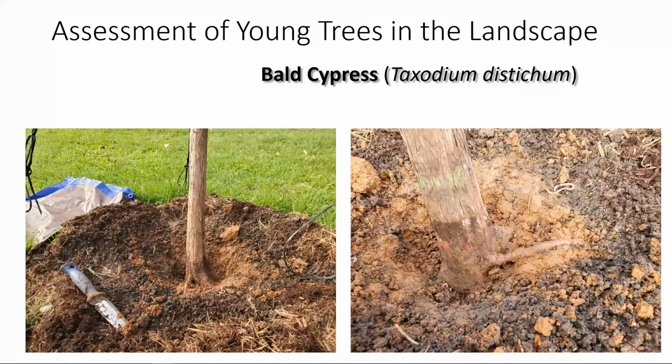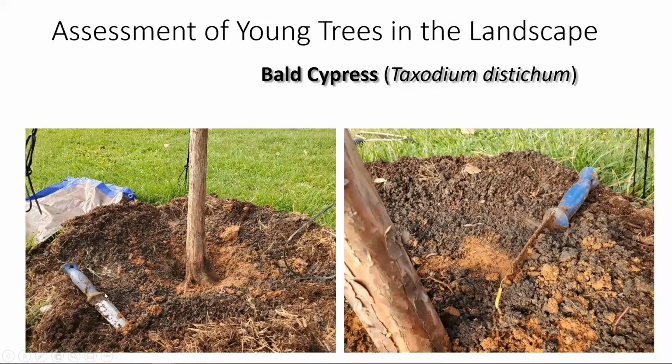So what we're stuck with in this situation is this really deep hole right here where stuff's going to fall in. My recommendation to fix this for the long term and have mulch stick around right here a little easier is to grade it off a little bit, like you can see I did with this tool. This is probably my favorite root collar excavation tool. I should have included a better picture for you all, but it doesn't have a very pointy end. It's a flat end, and it makes it really easy to very carefully excavate and scrape away the soil.